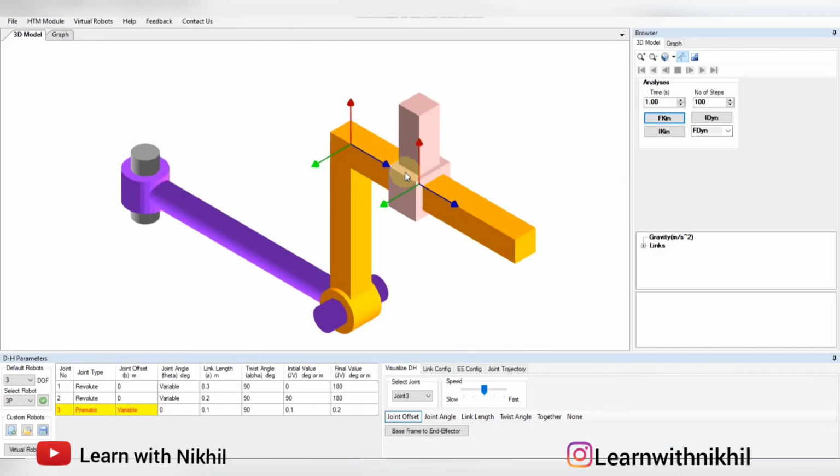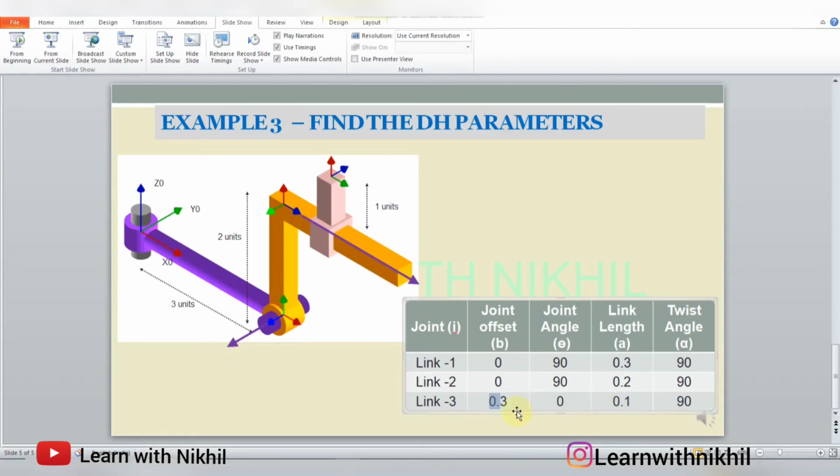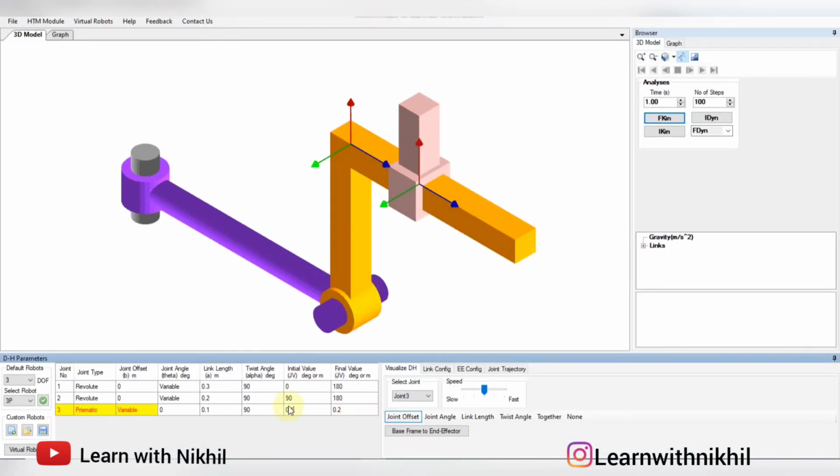It traveled from this end to this end. So this is the initial value which it traveled from 0.1. So this distance is 0.1. Here you can write 0.1 also. As the joint offset is totally variable, it is up to us selecting the initial and the final values. Okay, so that's why it is written here variable.